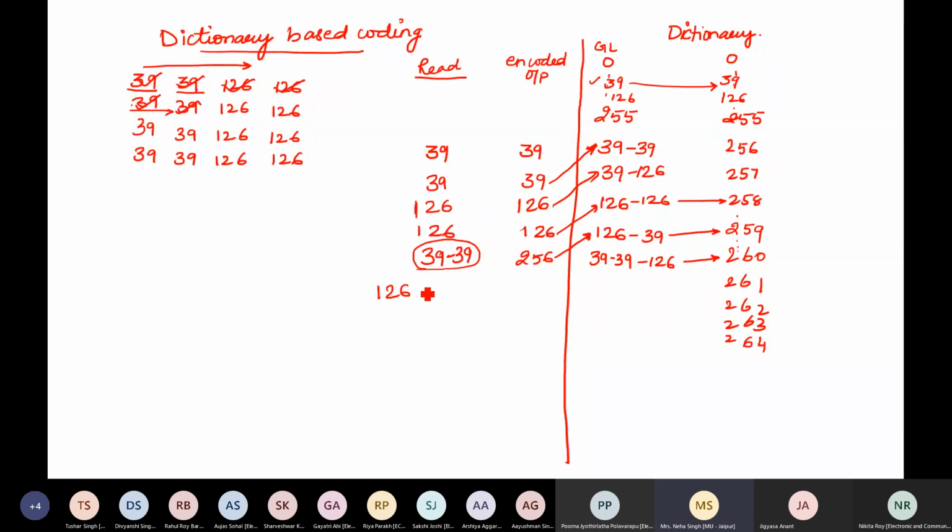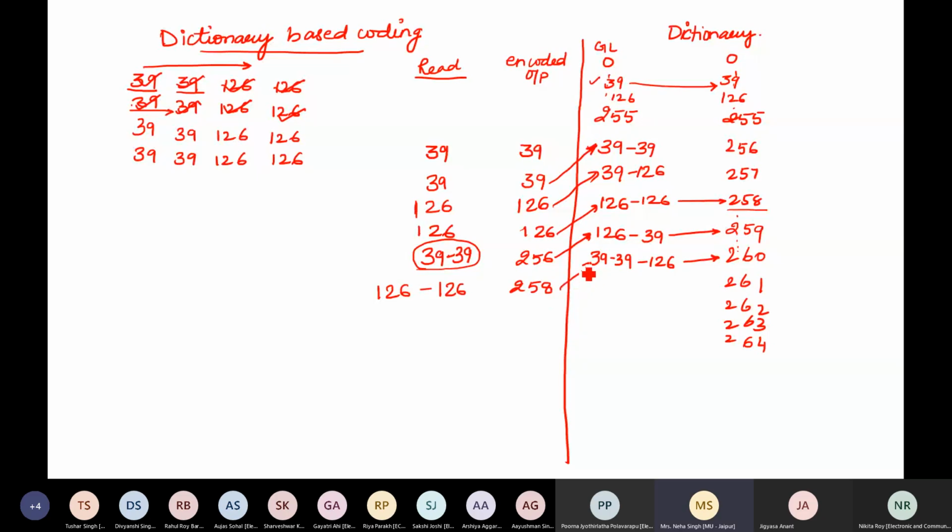Right? Now I start searching for the code for 126 and there are different possibilities with me. I can have a single 126 with encoded value 126, or I can have 126, 126 encoded together as 258. Another possibility, if 39 follows 126, I should give out a code 259. So now I should read another value with 126. I have read that. The next value is now 126. So I read 126, 126, and in the dictionary I have the code given as 258 for this value. So now what should I send? I should send 258.